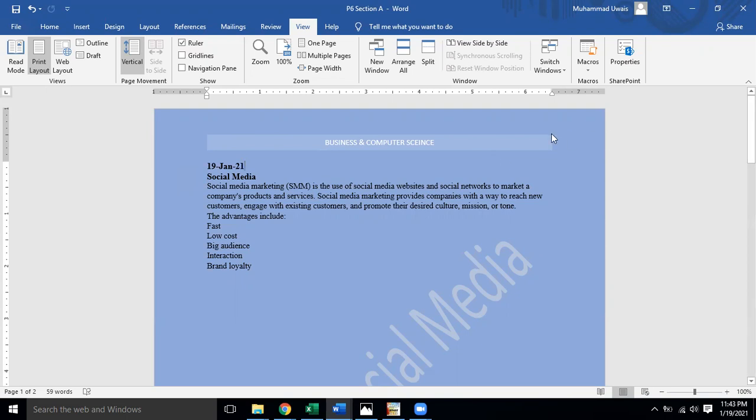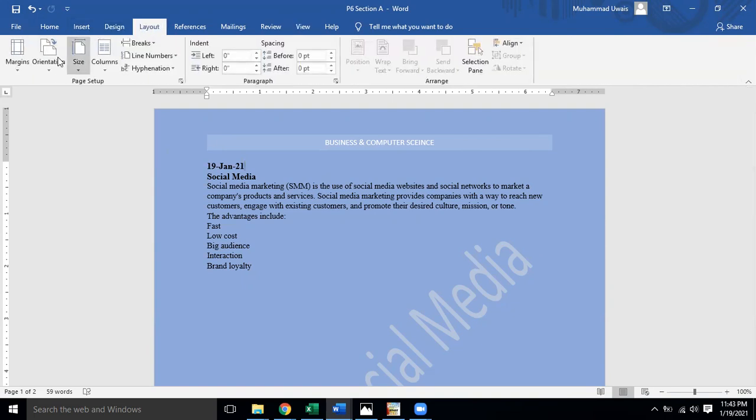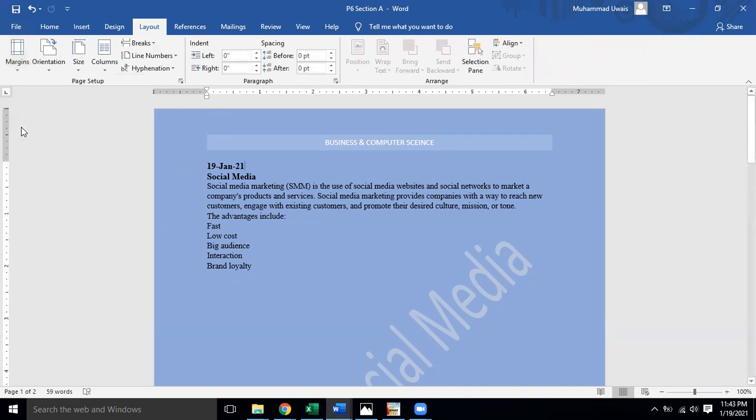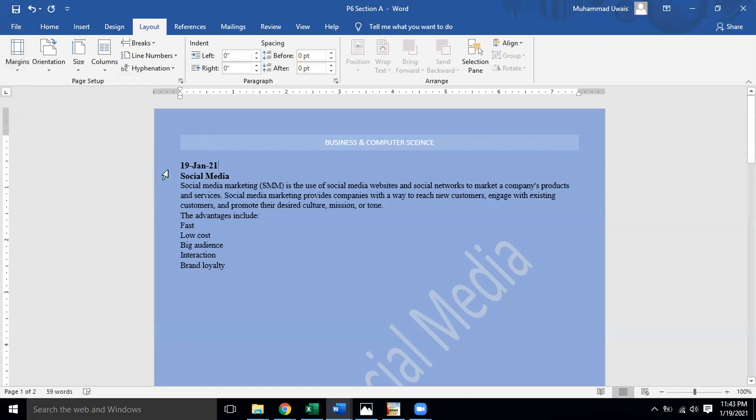In the same way, you can see it on the left side and on the right side. So we have different layouts available over here. In the margins, we have different margins: normal margins, which is what it is right now, and moderate margins. If we apply the narrow margins, you will see that the margin is narrow now. Can you notice this?